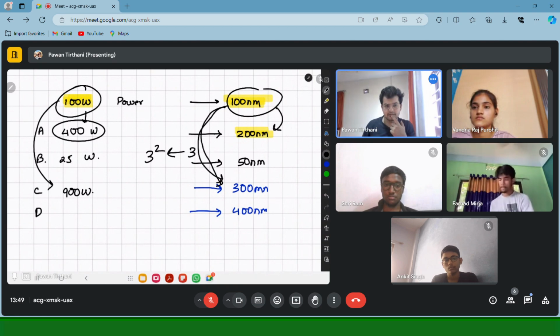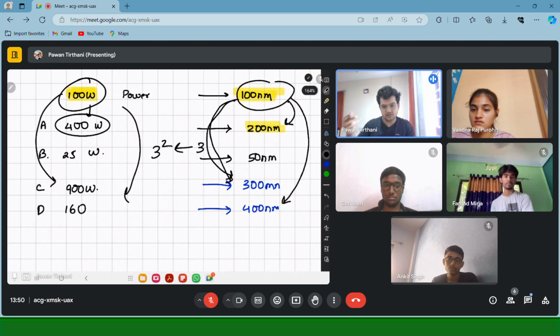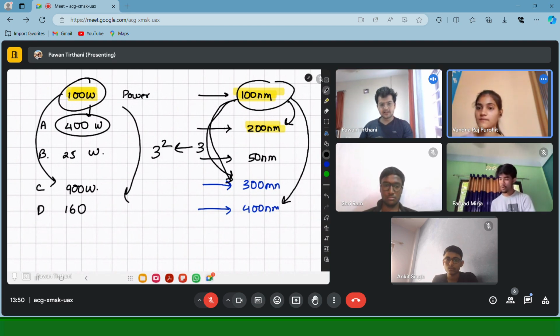अच्छा, अब चल ये वाला बता। 100 नॉटिकल माइल से 400 नॉटिकल माइल कितने गुना हो गया रेंज? 4 गुना। तो पावर कितने गुना होगा वंदना? 4 स्क्वायर। वेरी गुड। 4 स्क्वायर कितना होता है? 16। वेरी गुड। तो 1600 बोल सकता हूँ मैं इसको। 100 का 1600 हो गया, 16 गुना। इतना आसान है वंदना, देख समझ आ गया आपको? भूलेगी अभी? इसको रिवाइज करना। कल मैं पूछूंगा ये। अभी समझ में आ गया।